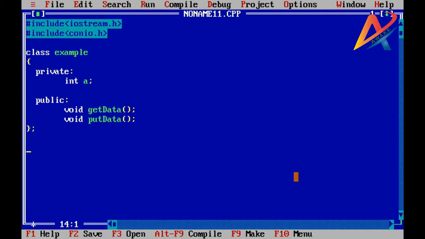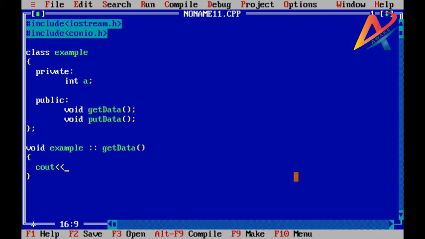Here outside of the class we are writing the whole function using scope resolution operator. Void example, scope resolution operator, and getdata function. A member function can access directly the private member variable of the same class.